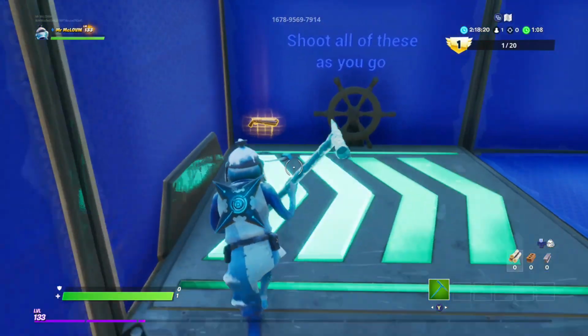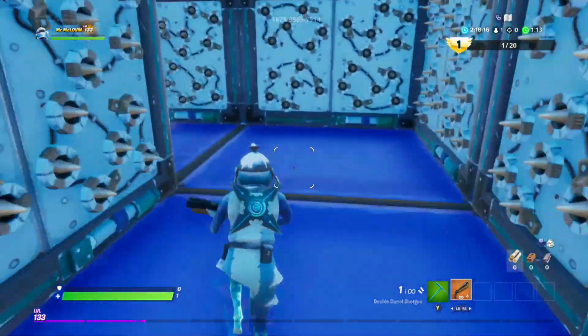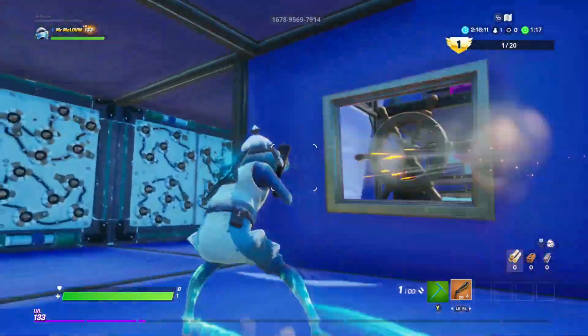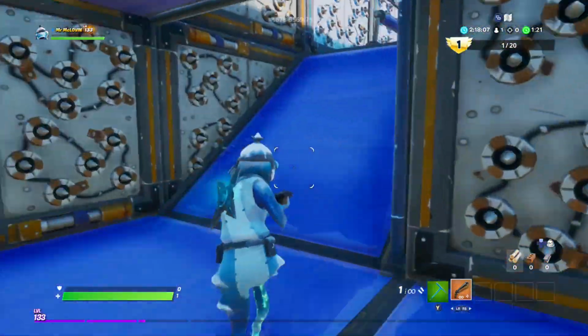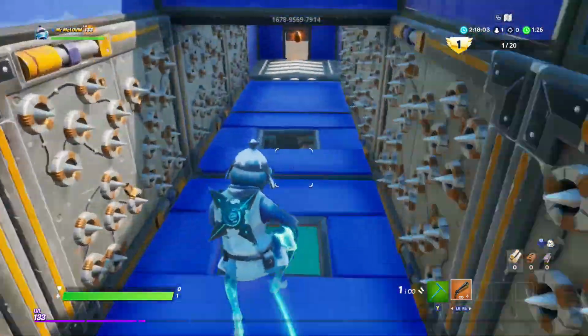Here for level 14, we're going to be grabbing the shotgun and shooting all of the wheels as we go by. Duck under here, shoot the one in the window, jump across and shoot that one, look up into that window, jump across here, and then we'll be shooting the final one in the